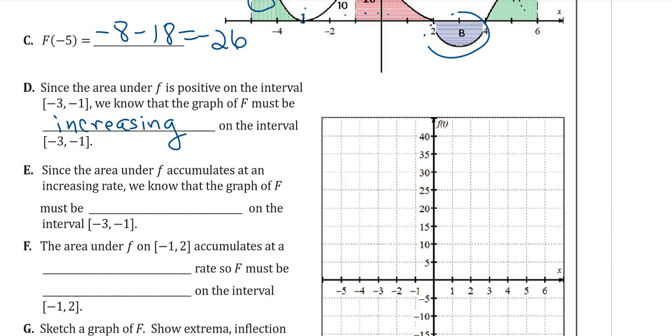Since the area under f accumulates at an increasing rate, we know that the graph of f must be concave up, because we're talking about a change in a rate of change. So if we have a positive rate of change changing, that is our second derivative. So when that's positive, that means that we are concave up